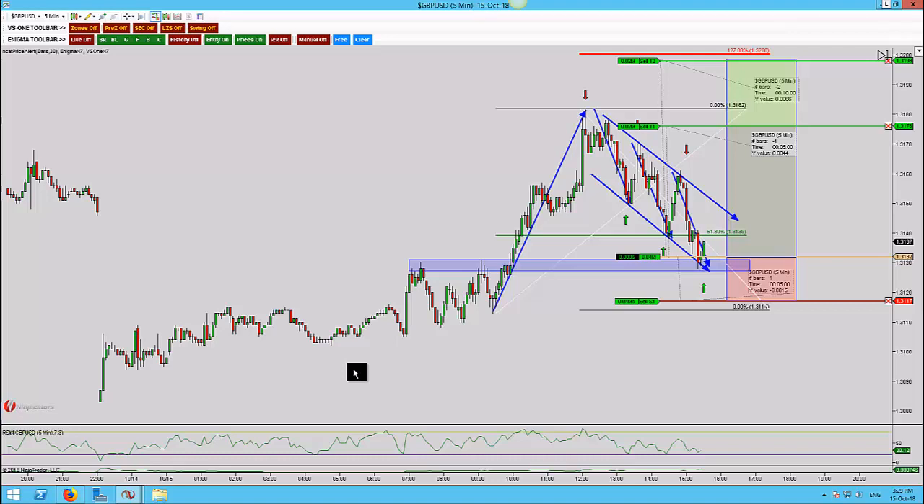Here we are on the pound-dollar 5-minute time frame, and we have a flag pattern that's set up where we've got a 3 drives pattern within the channel. We have held the channel and I've entered next bar market, and we've come into a structure level and the